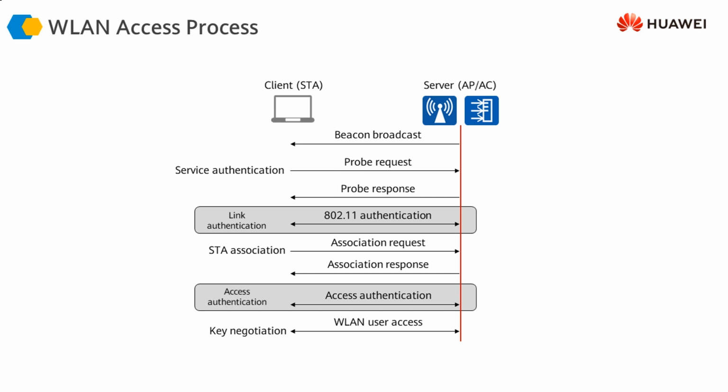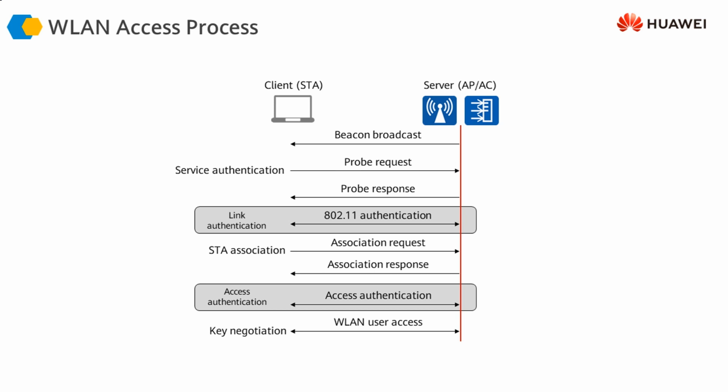When you go to a hotel or a public area, you directly connect to the access point without any authentication, and once you connect, you are redirected, or you have to go to a portal using a web browser, and then the access authentication takes place using that website or web portal. Once that is done, you get connected to the infrastructure or the network. So this is the two-step authentication that happens.